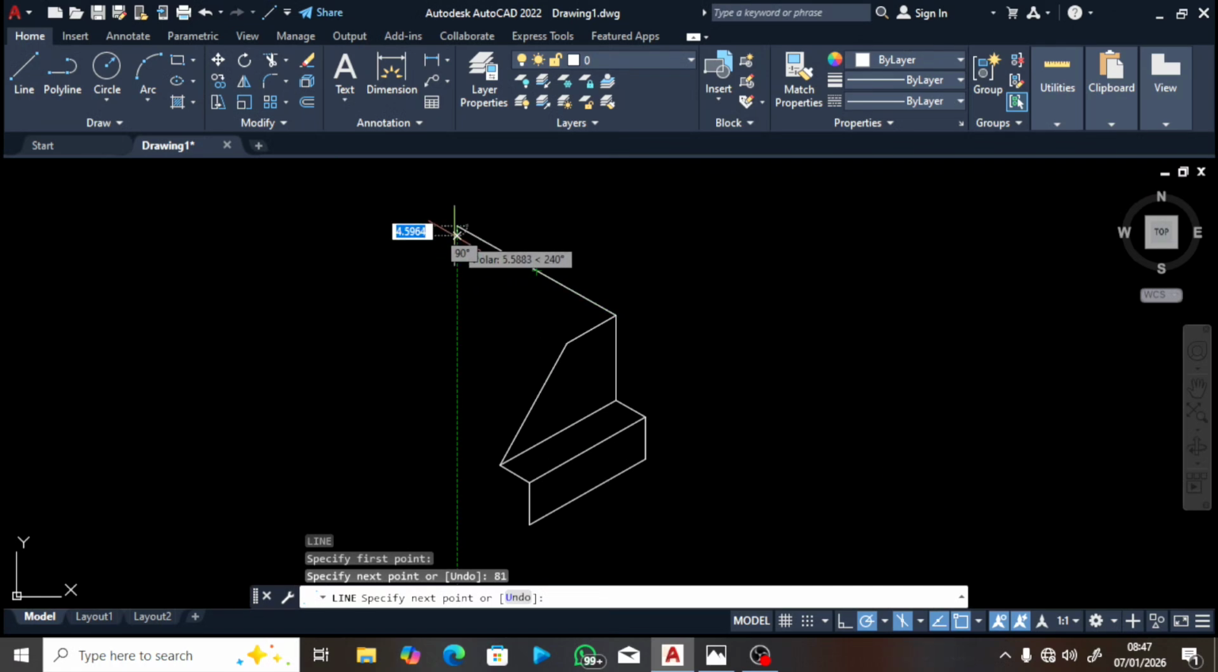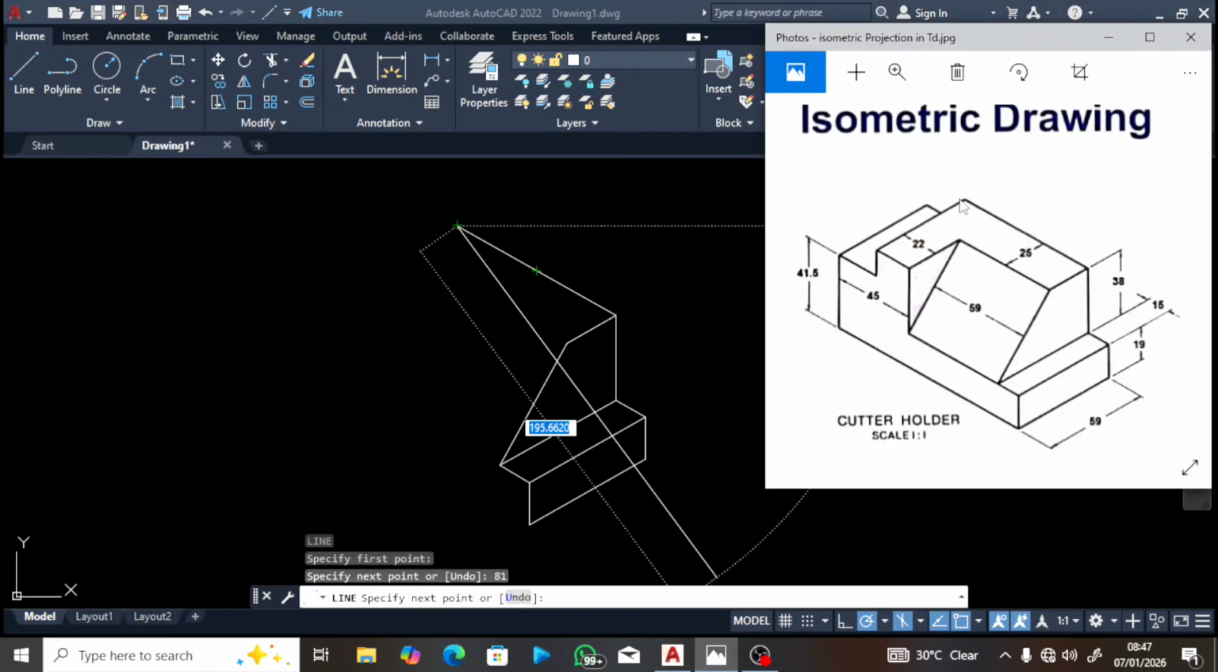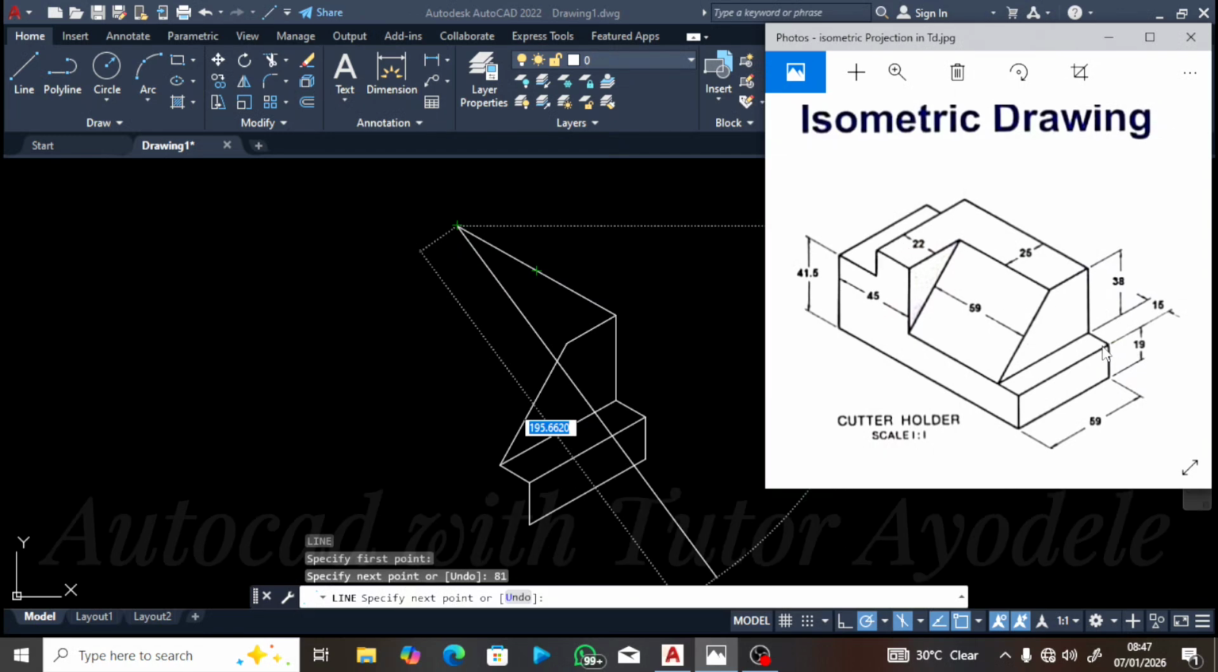Okay, so from that point now I will need to come down by what? Let me check. At this point I will need to come down like this. So what is the distance from here to here? The distance from here to here is 59. It's also the same thing as the distance from here to here. So I will need to come down by 25. Then if I come down by 25, I will then come like this by 22. You can see it here. Come like this. Okay,